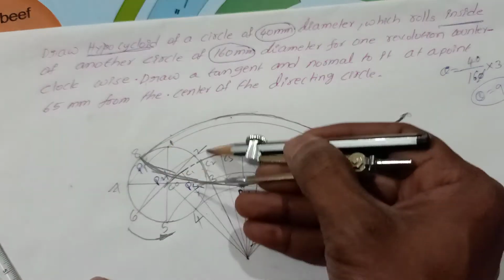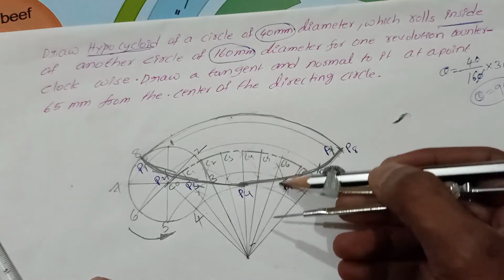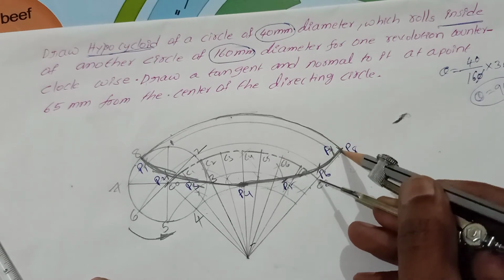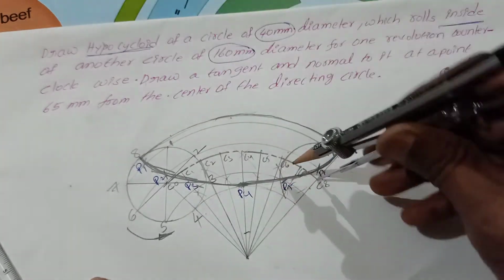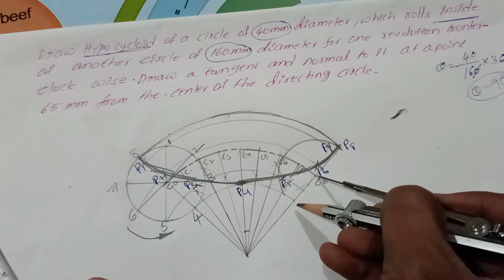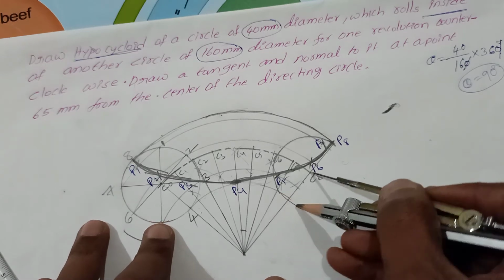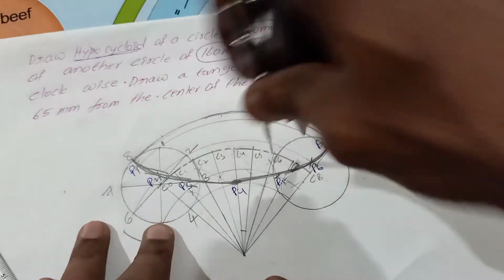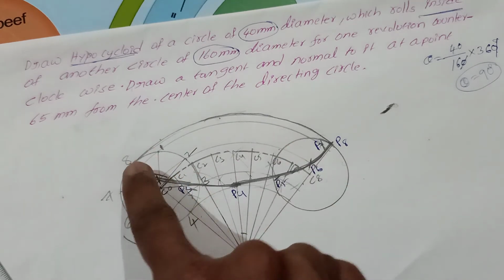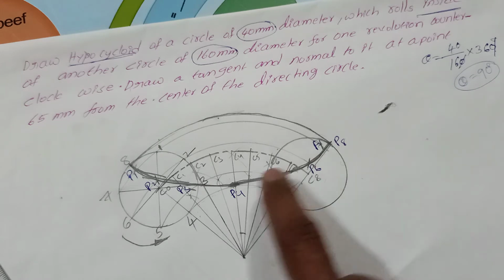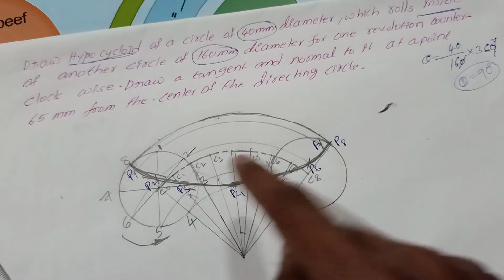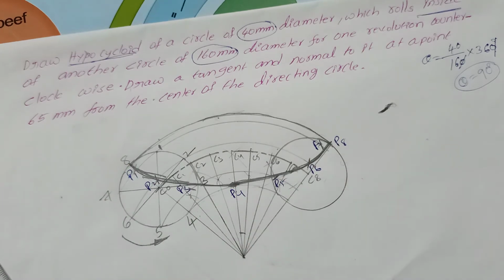So when the circle is rolling inside like this, the end position of the circle will be here, right? The end position of the circle will be here. So through the center 8, draw the complete circle. Yeah, so this is the circle end position. When it is rolling like this, the circle 8 point will be at 8. This 8 point will be at P8. So the 8 point after one revolution is here. This point will be here.